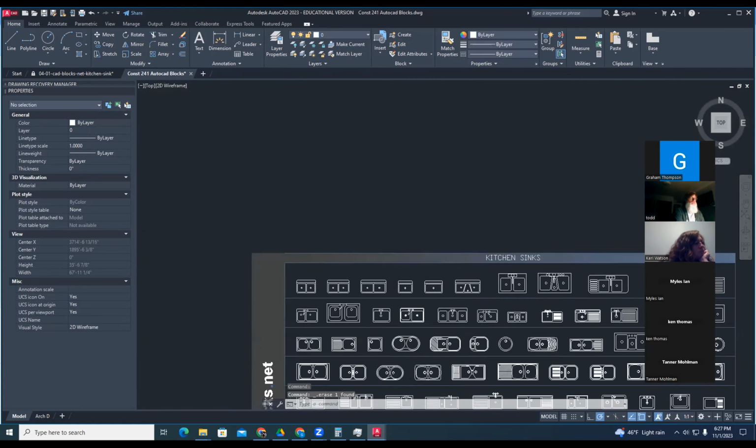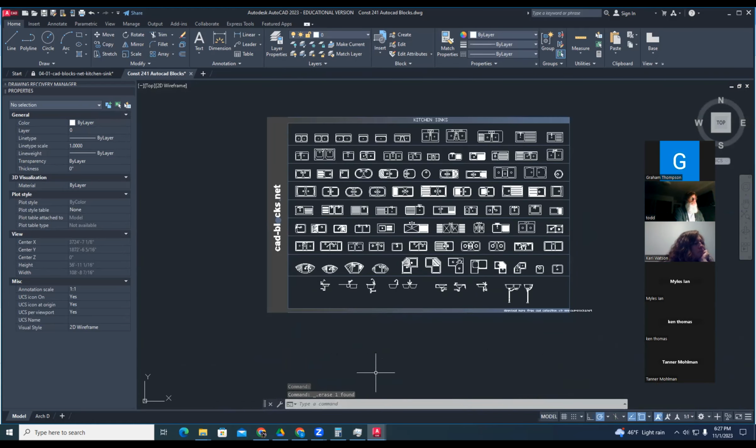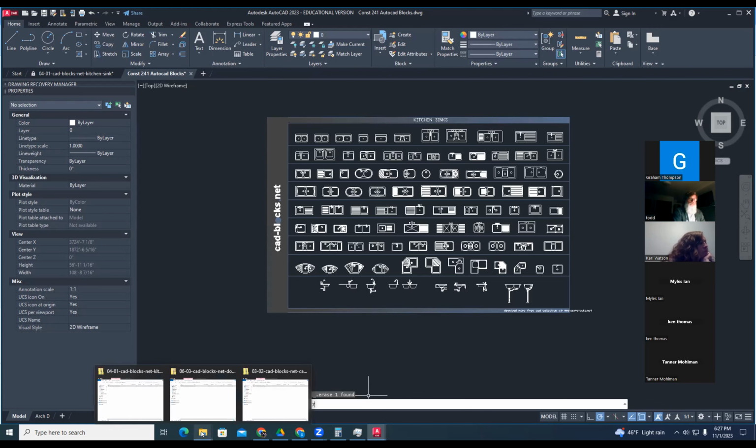Okay, so what we did, again, we went and scaled this drawing by, and I'm going to just type it in right here so we can see it, 0.03937. So that's the scaling factor for any drawing or any block family, sorry, not family because family is Revit, but